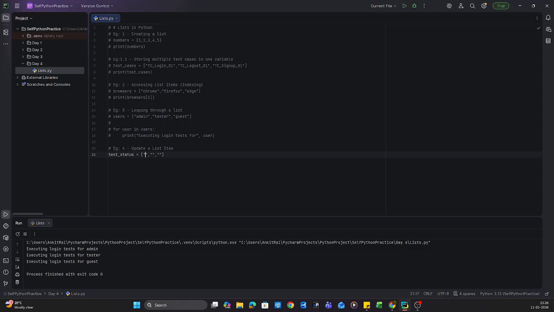like pass, then fail, and pass. Now I want to update here. First of all, let us understand the indexing here. For this pass, the index number is 0. For this fail, the index number is 1, and for this pass, the index number is 2. Right, 0, 1, and 2. Now in place of index number 1, I want to insert another pass statement, I mean